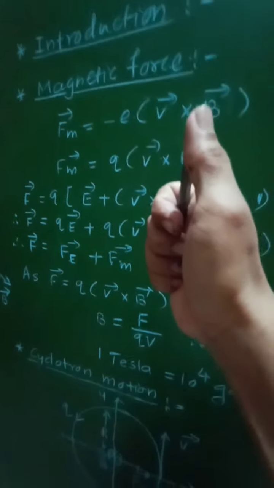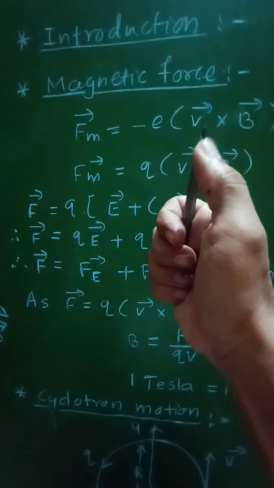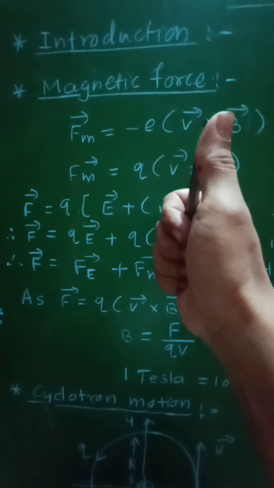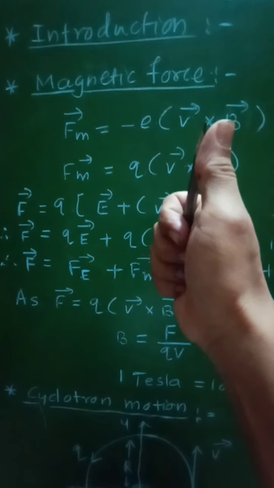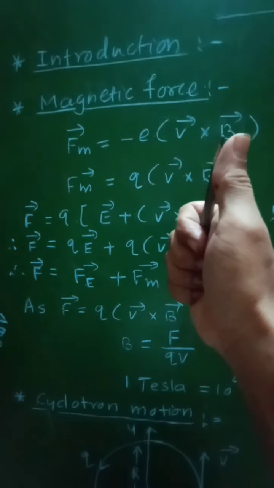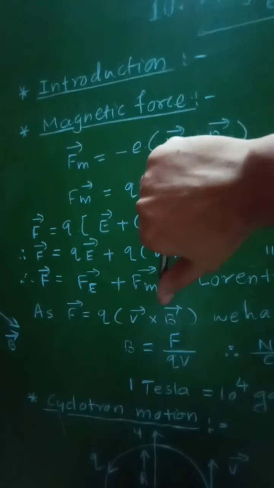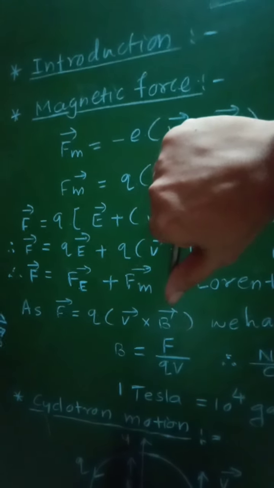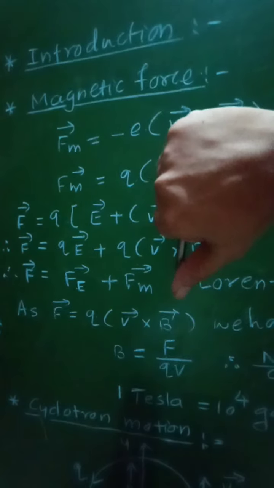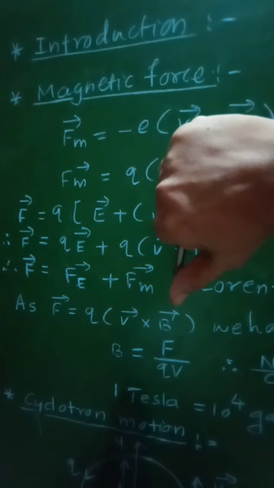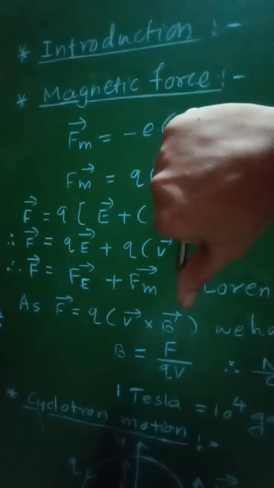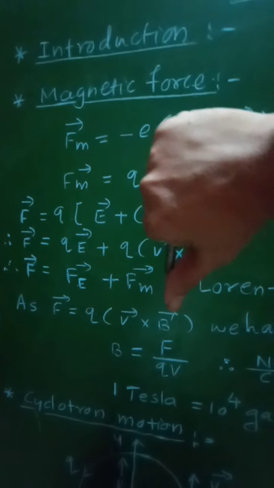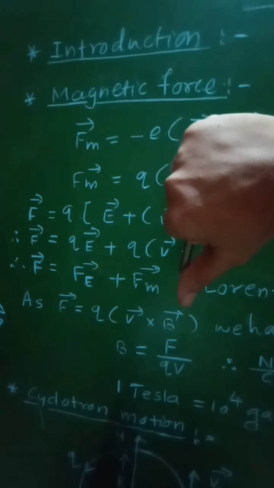That means in this case, if the current flowing through the conductor is in the upward direction, then the direction of magnetic field is in anti-clockwise sense. Instead of that, if we reverse the direction of current, automatically the direction of magnetic field will get reversed. That is, if the current is flowing in the downward direction, then the magnetic field will be directed in the clockwise sense.